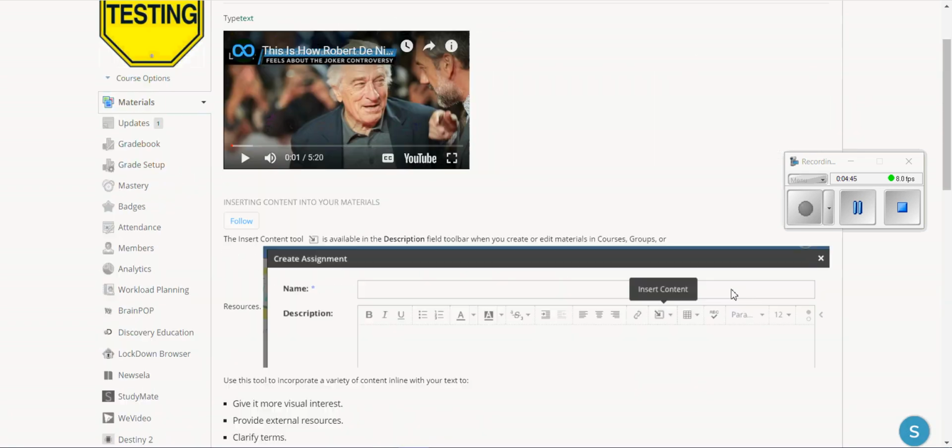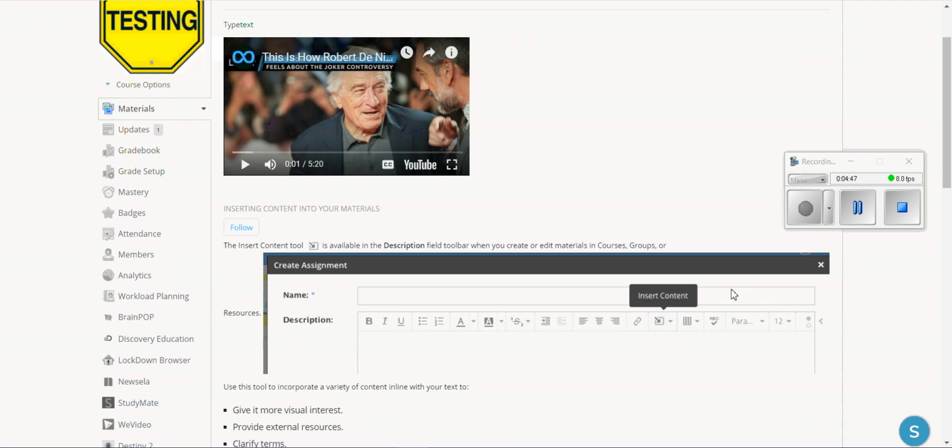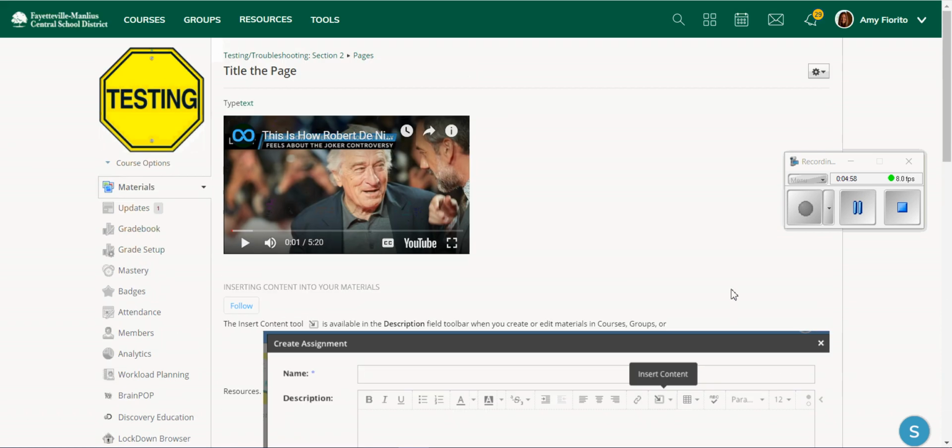I will say that the Schoology page feature is kind of my favorite part of Schoology because I can format this page and have it look exactly the way I want it to, and it's actually pretty easy to do. Now, one thing that I do like to do as well,